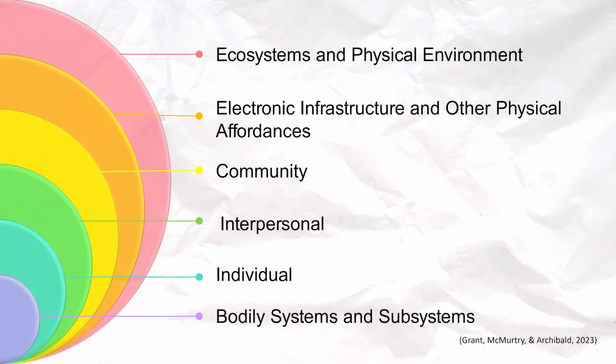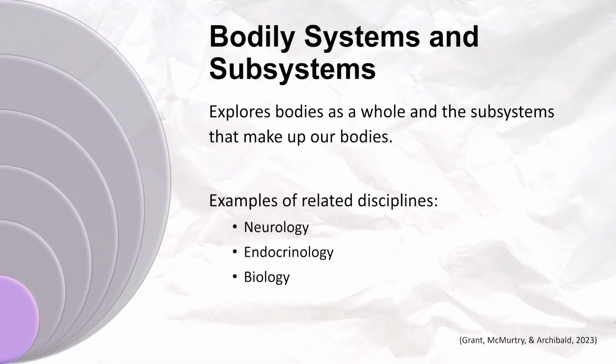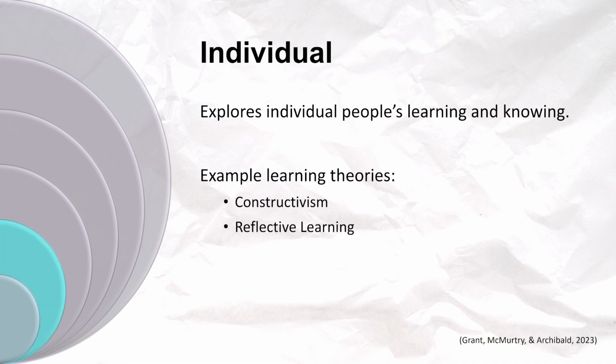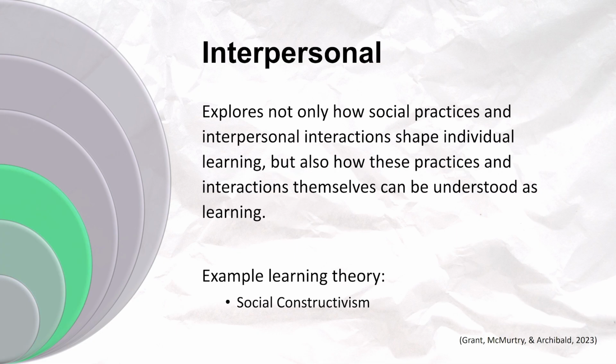And my framework contains 6 levels: bodily and subsystems, which refers to phenomena occurring within the body, including the body as a whole and the subsystems comprising it; individual, which refers to an individual person's learning and knowing; interpersonal, which explores social practices and interpersonal interactions, both in how they shape individual learning and how these practices and interactions themselves can be understood as learning;